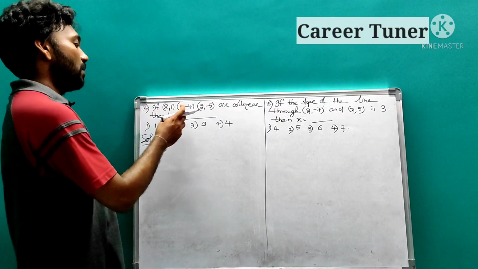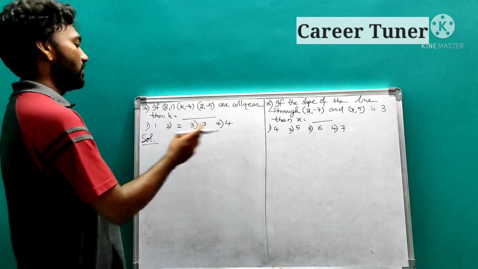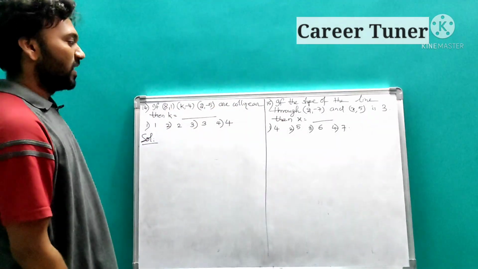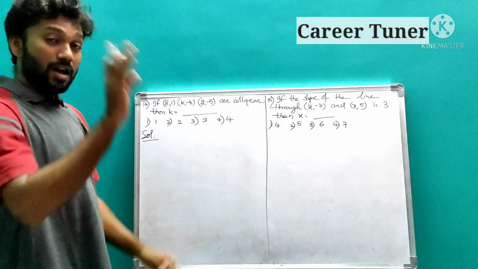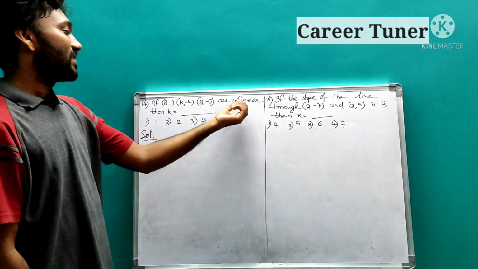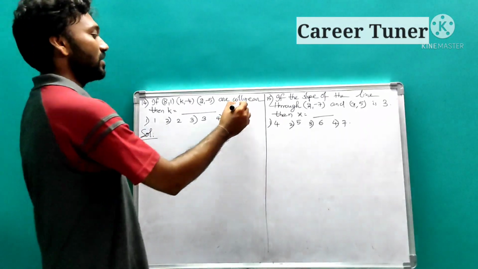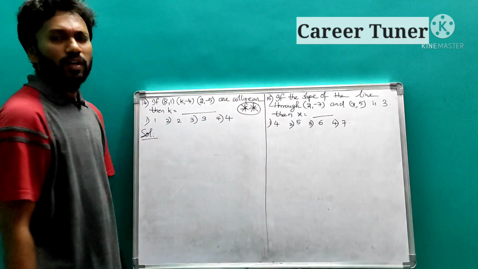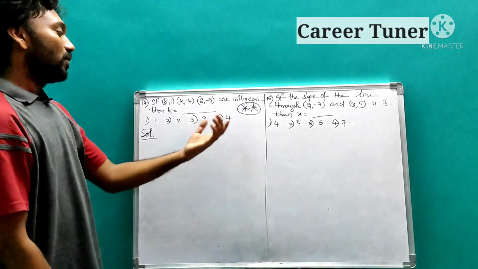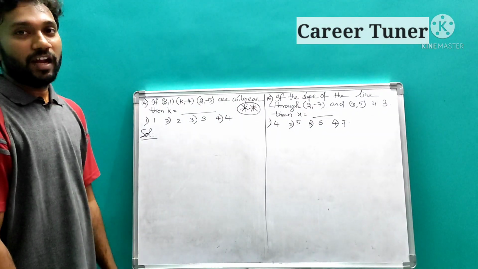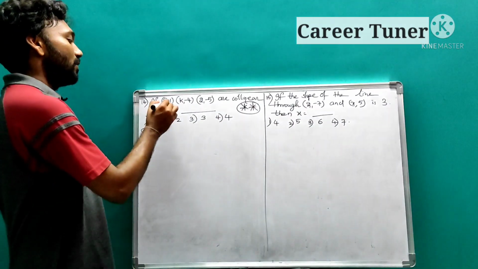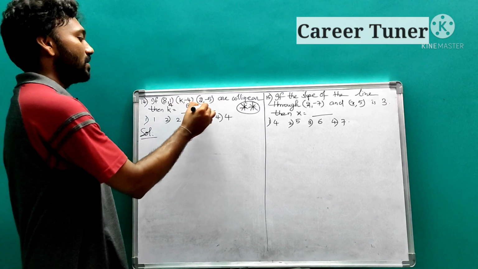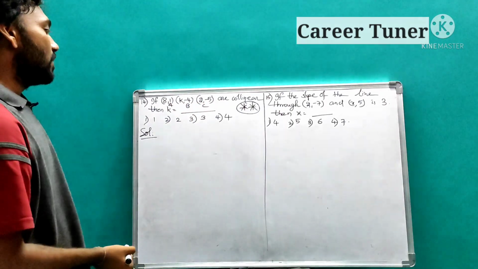Next question. If (8, 1), (k, -4), (2, -5) are collinear, then what is the value of k? So collinear, for the past 2 to 3 papers we have been discussing collinear. That is, this means it is a very important model. Okay, very important. Collinearity condition. And don't use the formula area of triangle. What do we need to use? If you take these points as A, B, C, slope of AB is equal to slope of BC.